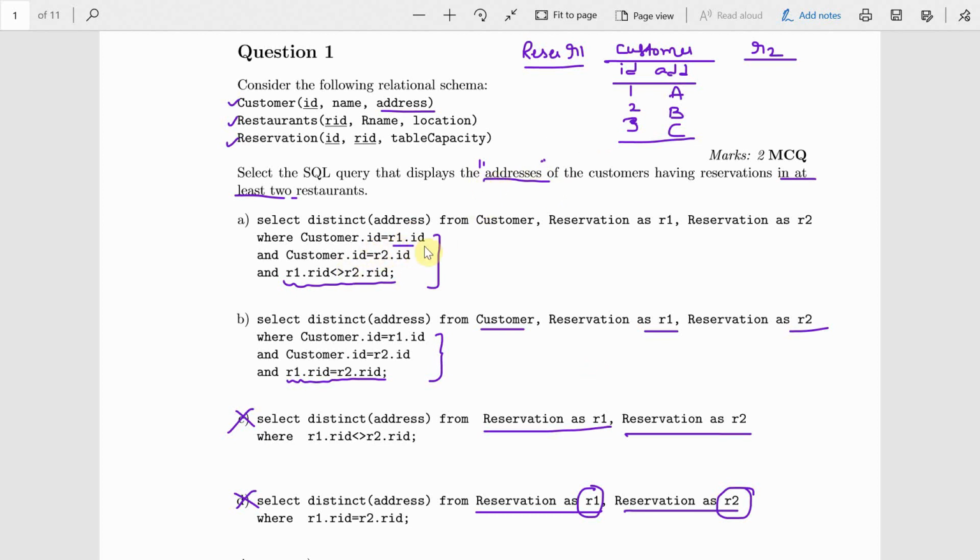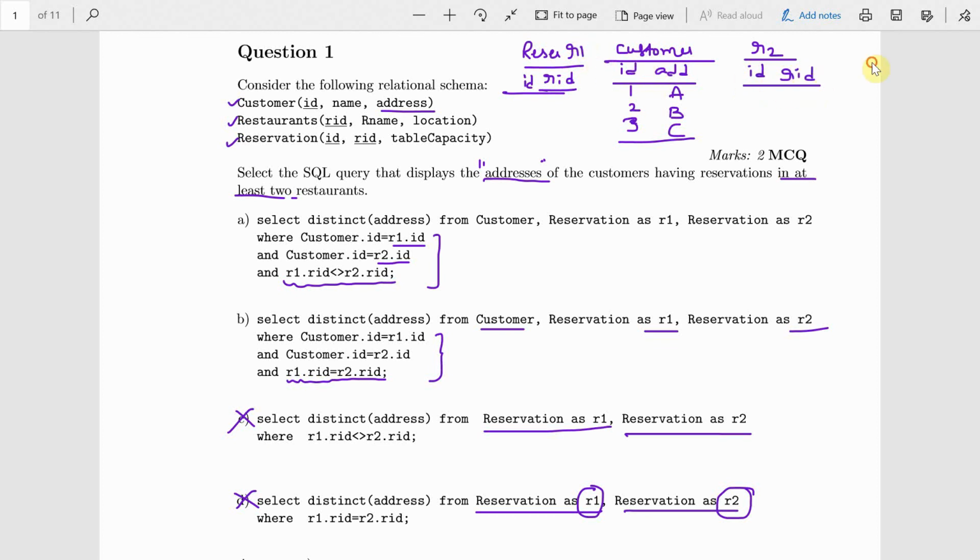R1 RID is required, R2 RID is required, so I write the reservation ID. This is the ID of a customer and this is the reservation ID.